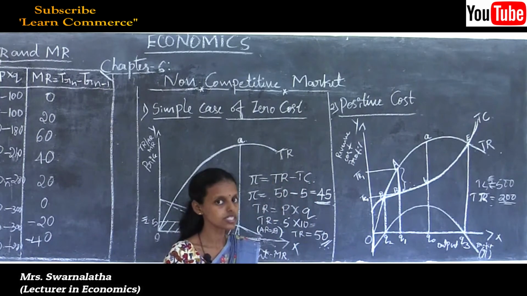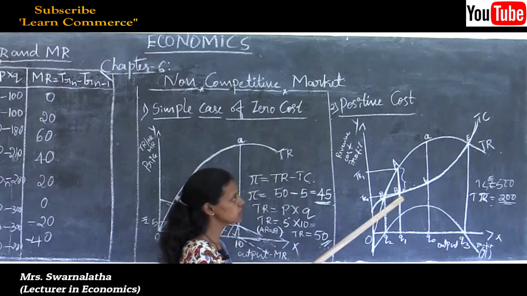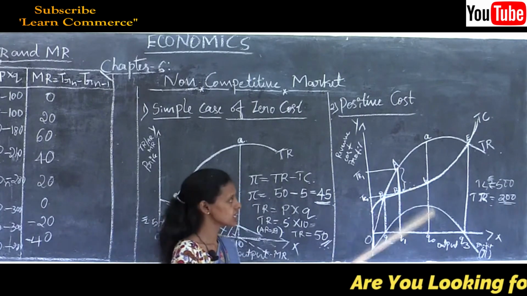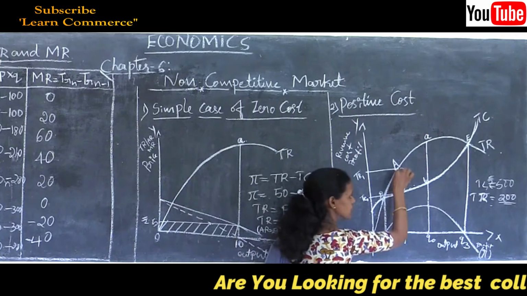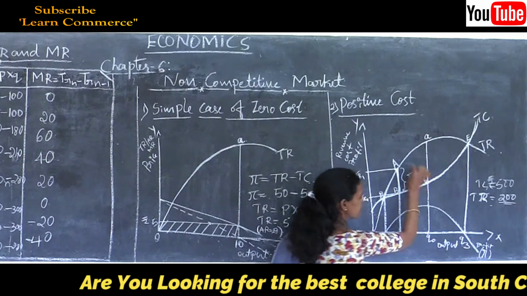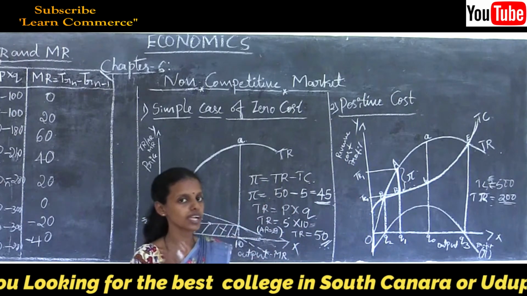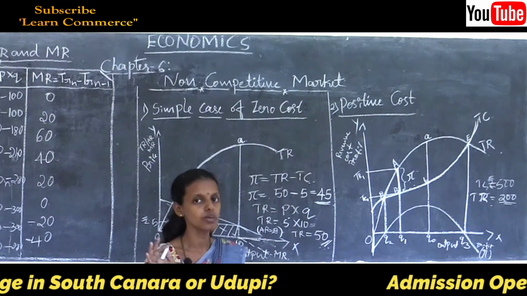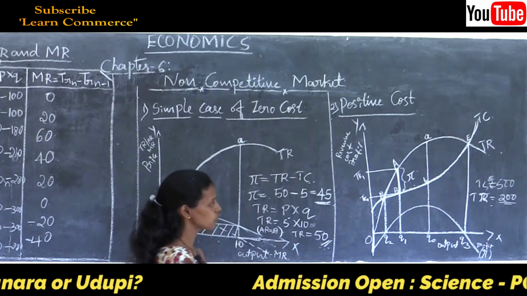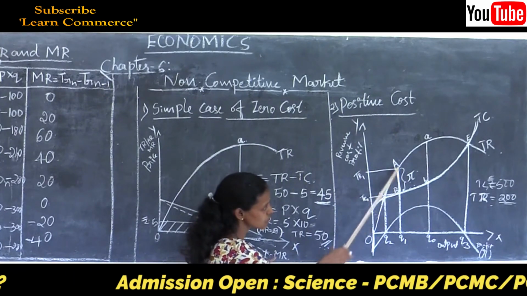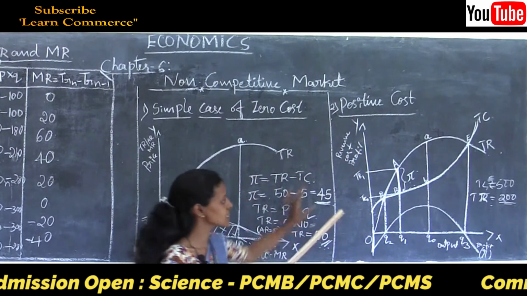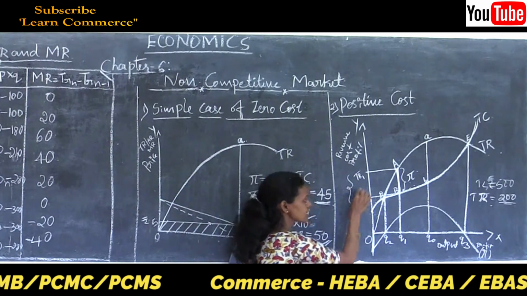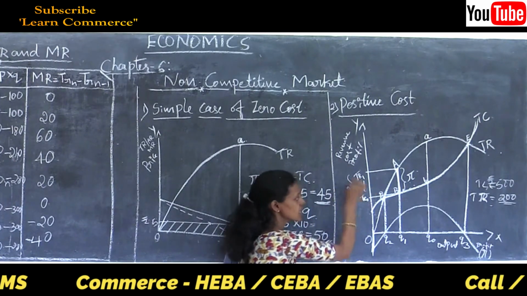Why? Because when the cost of production goes on increasing, the profits are very less. The A to B vertical line, we are assuming, is a profit line. It is a profit line in the short run. We are just assuming, but it is not at all the equilibrium profit maximizing output level. A to B is a profit line because it is TR minus TC. Our formula to calculate pi is equal to TR minus TC.